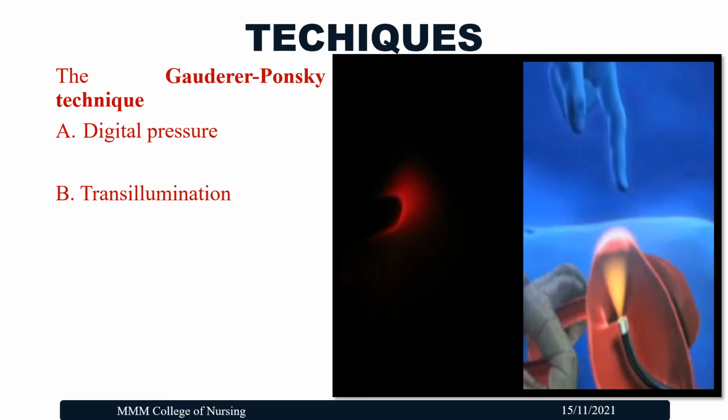Let's look at the techniques of PEG insertion. The first technique is the Gardner-Ponsky technique. Here, it involves performing a gastroscopy to evaluate the anatomy of the stomach. The anterior stomach wall is identified, and techniques are used to ensure that there is no organ between the wall and the skin. The first step is applying digital pressure to the abdominal wall,